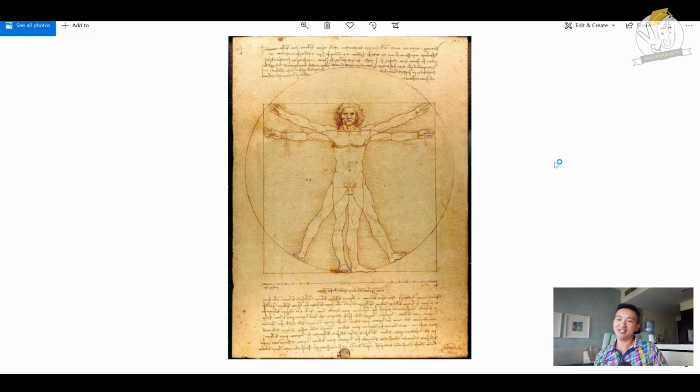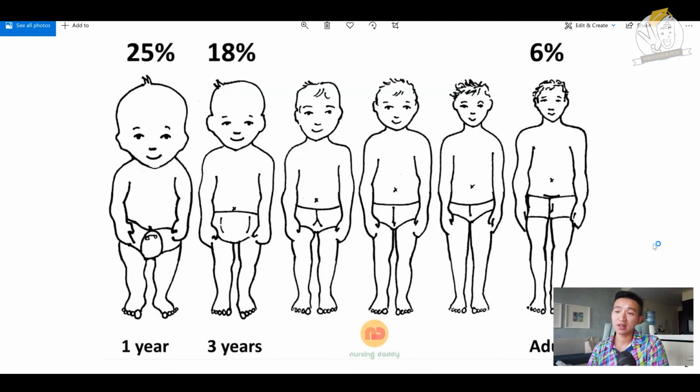And the body, the whole character is 8.5 heads tall, and you can see the width of the arm span is based on a circle and is roughly 4 heads wide on each side in terms of wingspan. To see how that works, here's another example where we have a 1-year-old in terms of proportions. A 1-year-old is about 3 heads tall, and as they get older, up to an adult, you become 8.5 heads